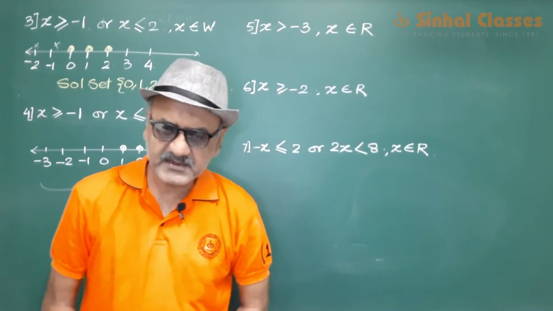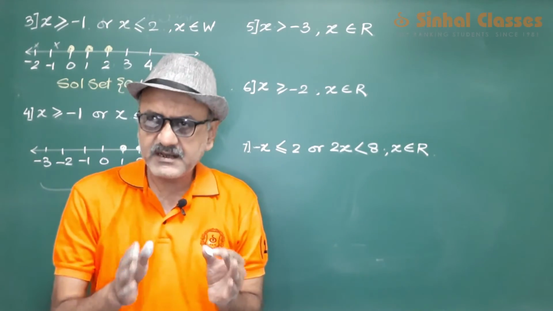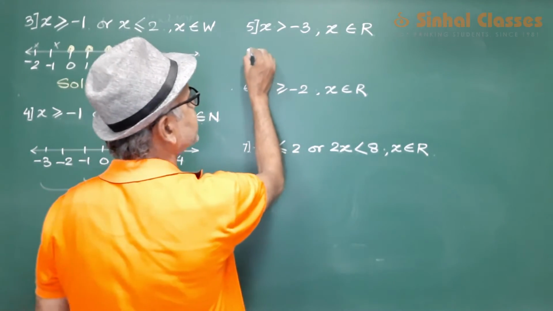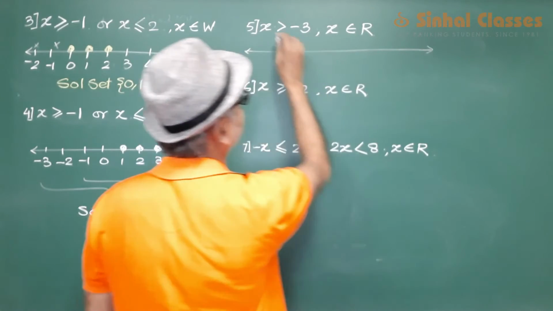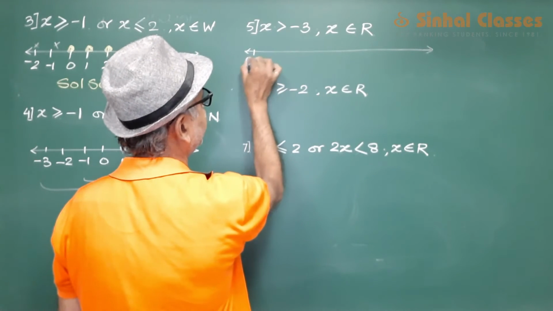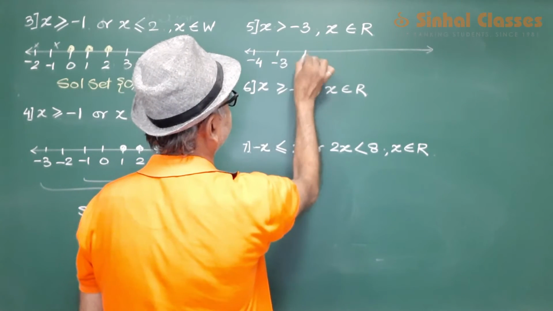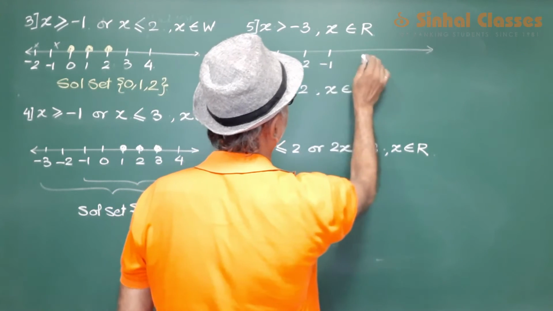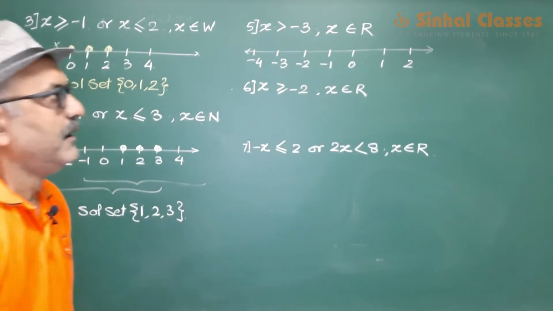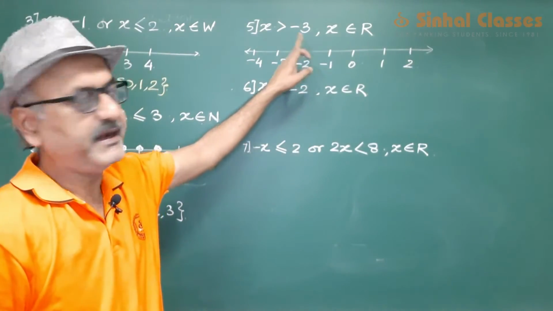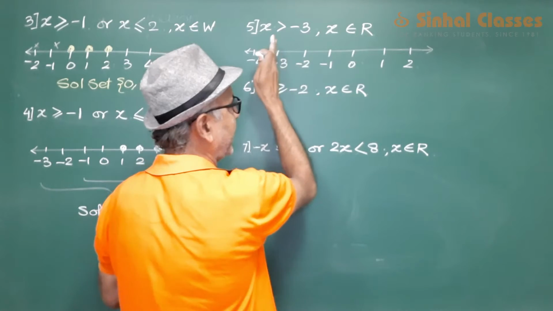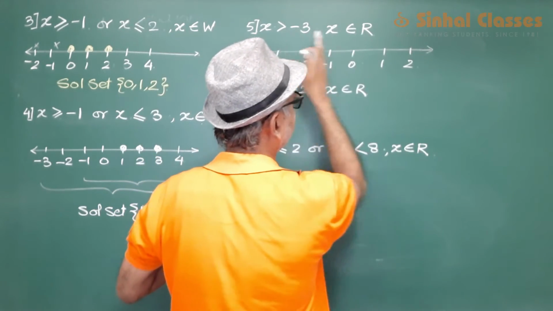Now after we have done this, let's come to a set of real numbers. Now guys, real numbers का set जो है, this is actually a very important concept regarding real numbers. Suppose I have a number greater than -3 and it belongs to a set of real numbers. So we put -4, -3, -2, -1, 0, 1, 2. X -3 से बच्चों बड़ा है. It is greater than -3. So x will start from here and move towards the right.